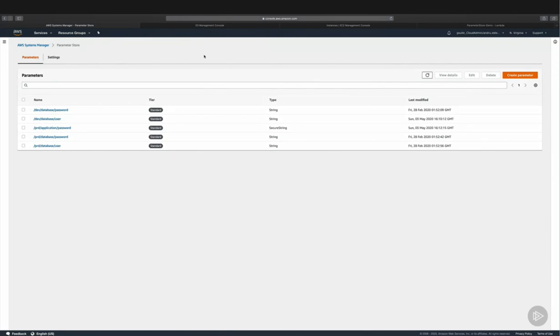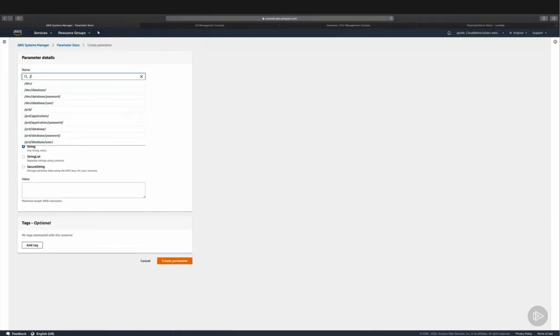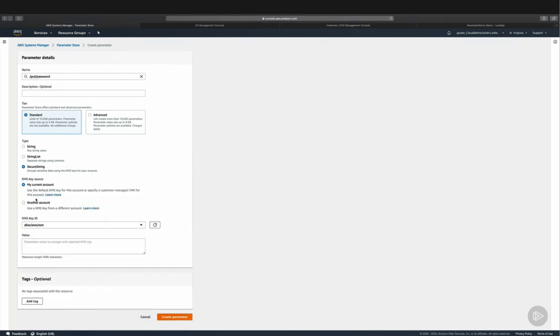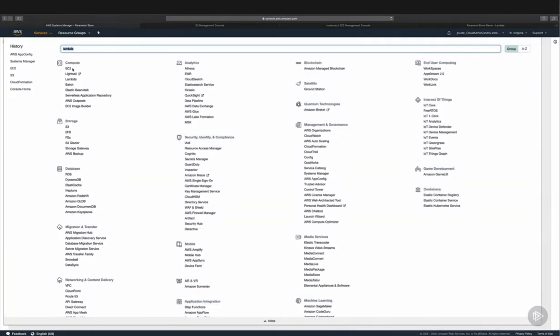Well, let's go ahead and try this with a new parameter. So let me create a new parameter. Let's just call it prod password for now, just to make this easy. We'll leave the description blank, and we'll talk about the tiers here coming up shortly. I want it to be a secure string, and instead of the default key, I want to use a custom KMS key